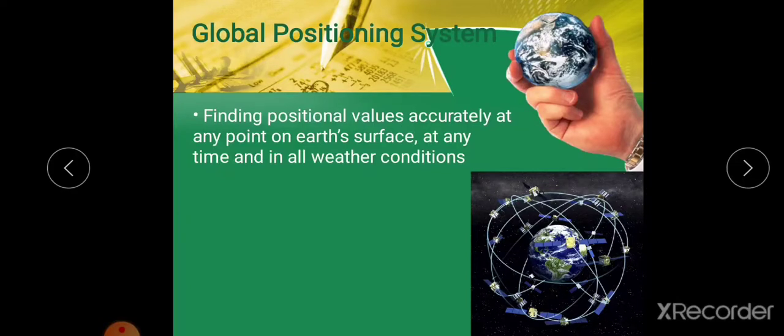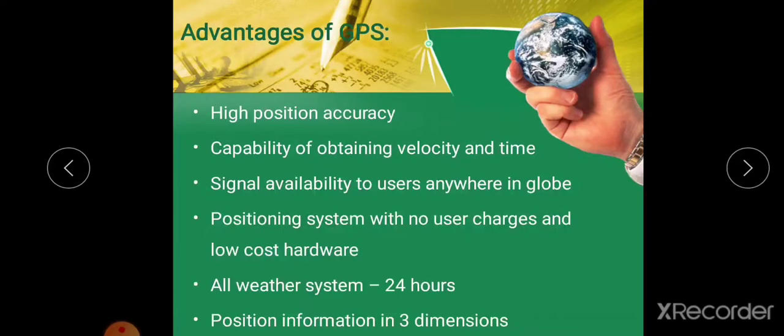Because 24 satellites are there, if one satellite fails to locate the data due to some faulty weather condition, we can use the other 23 satellites. So there are many satellites, and if one has a failure due to some atmospheric condition or time delay, etc., the other satellites will be working. So we can find the location at any time and in any weather condition. This is one of the main advantages of our GPS system.